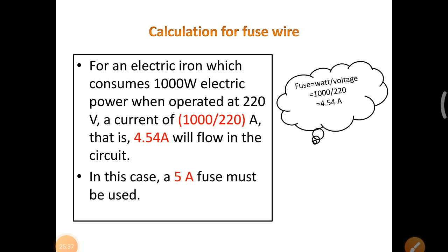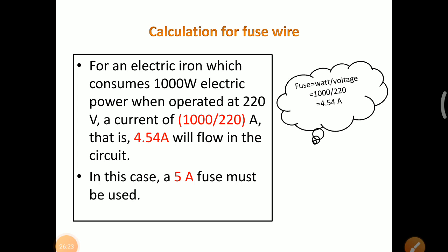I hope you understood the applications of the heating effect of electric current. There are 3 applications. One is that it is used in electrical heating devices. What are the electrical heating devices? Iron box, microwave oven, electric kettle, electric toaster, electric heater. These are the electrical heating devices. They work on the application of the heating effect of electric current. When the electric current passes through the coil, it becomes hot.